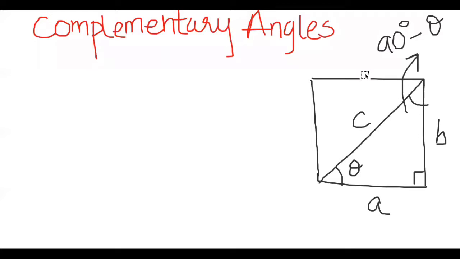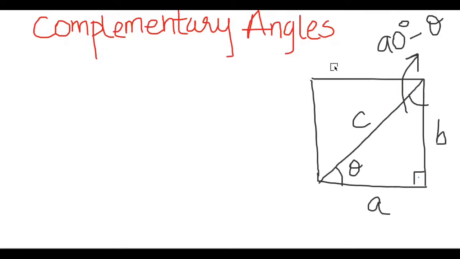The second thing we'll be doing in this video will be the identities for complementary angles. Now as you can see in this figure right here, I have divided a square into two triangles. When we focus on one of the triangles, we have a right angle, and then we have an angle which is theta, and the third angle is 90 degrees minus theta. How is it 90 degrees minus theta? When we have this angle as theta, that means the alternate angle on the other side will also be theta, and thus as they all form 90 degrees, we're going to have this as 90 degrees minus theta.